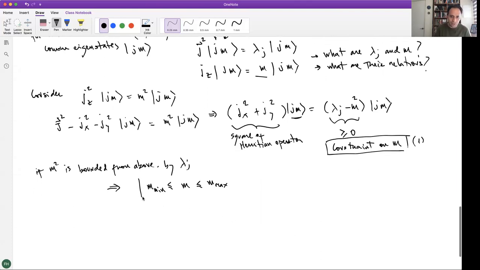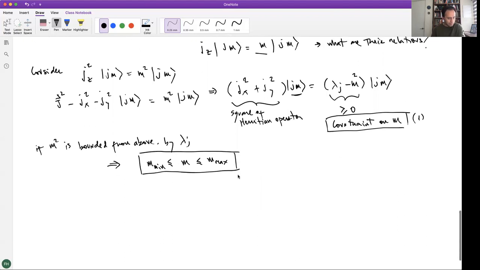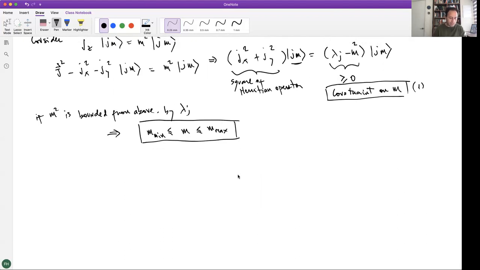So that's the other thing we learned. So what are the allowed values? That's the next question. What are the allowed values